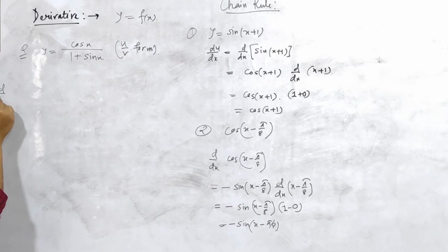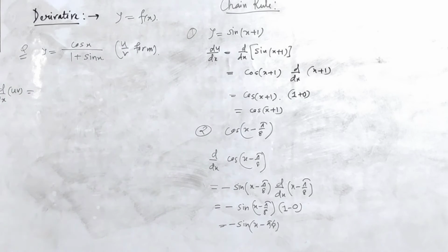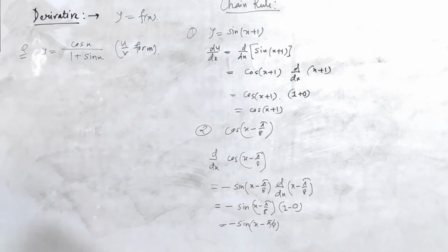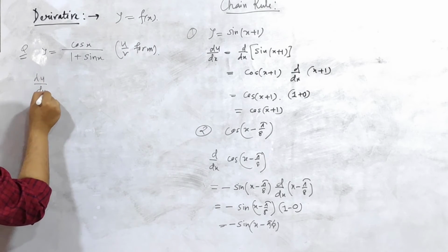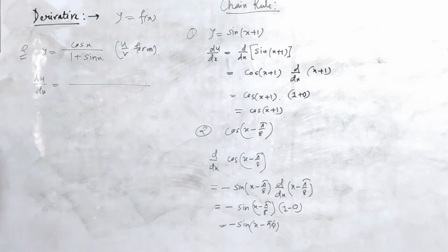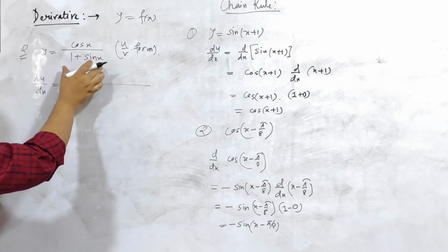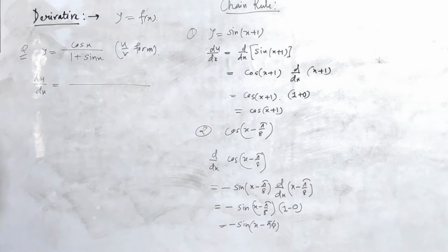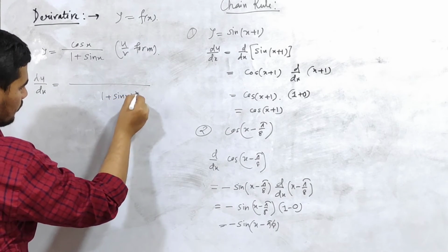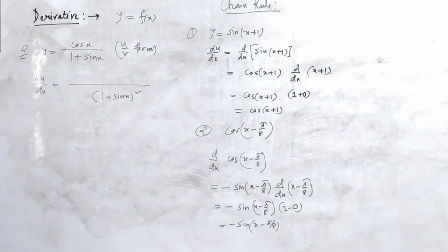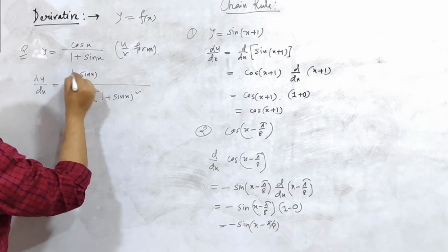So this is the formula. I will explain this formula from an example only. So what I am going to write here is cos of x over 1 plus sin x. I am going to write 1 plus sin x whole square in the denominator. In the numerator I will write 1 plus sin of x here.